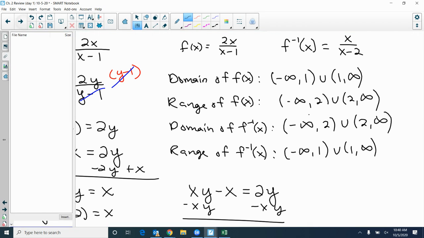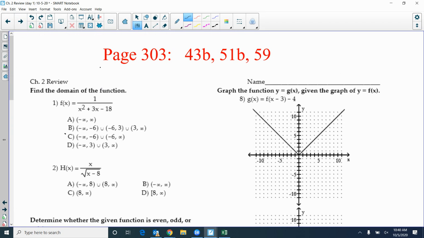Now, I did give you a review sheet. I need to add page 303. We didn't get to those on Friday. You need to practice those because you're going to see some of this on the test. All right, at this point, this is not an all-encompassing review. I would make sure you